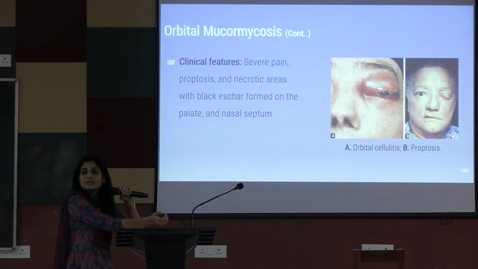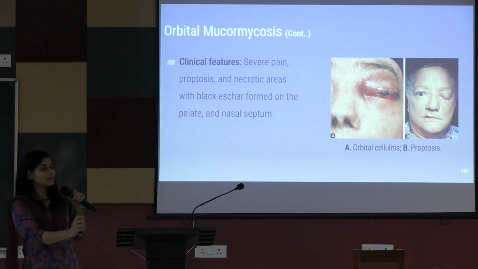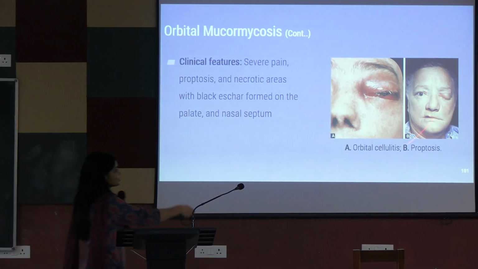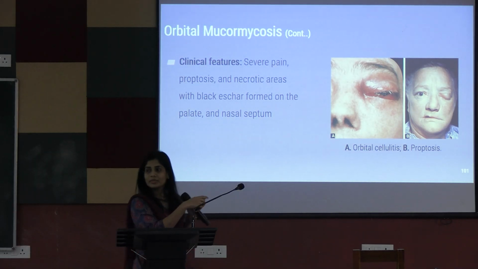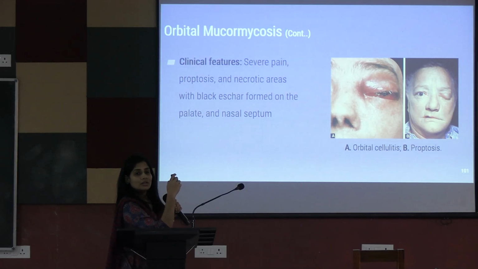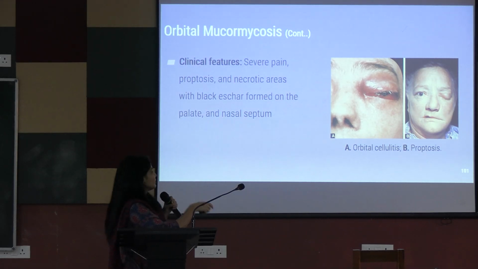Along with that, diabetes mellitus, uncontrolled diabetes leading to severe ketoacidosis. Okay, these fungus, they dwell on the acidic, ketoacidotic environment within the body. It is very favorable condition for them. That is why during COVID-19, such cases was very frequently observed, especially in the old age people with diabetes mellitus.